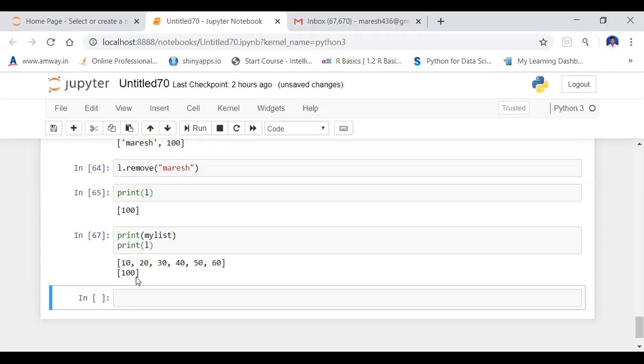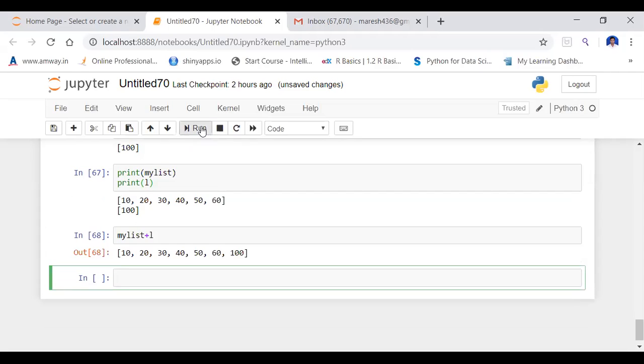The second list is only 100. Now I'm going to add these two with the plus operator for concatenation. Yes, this 100 is added.